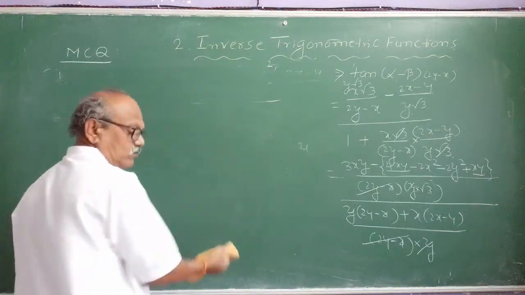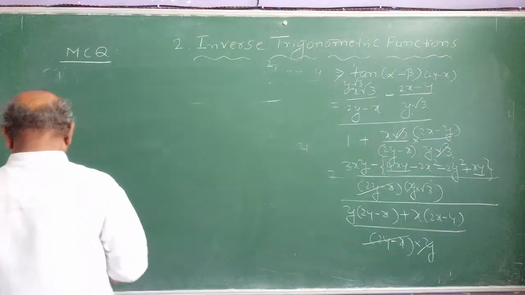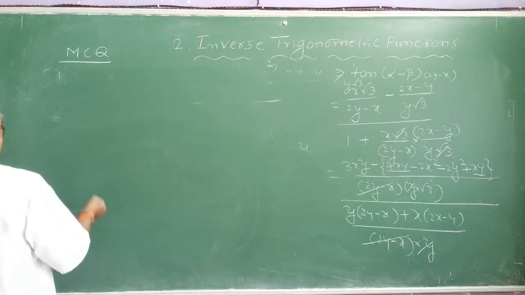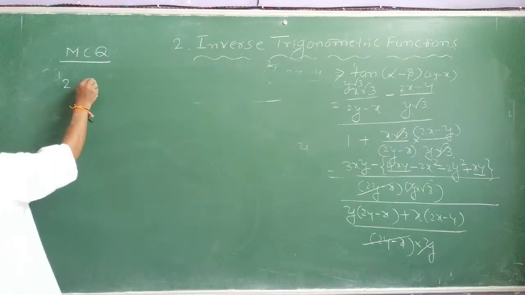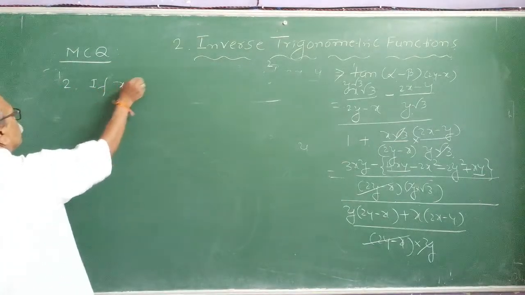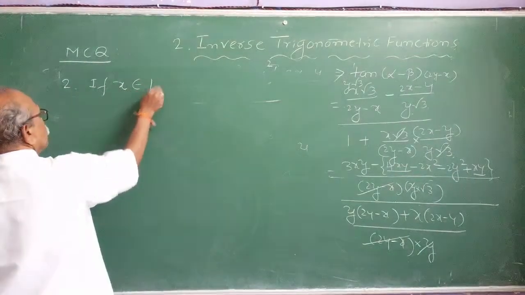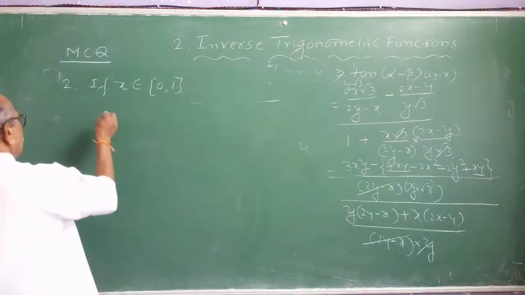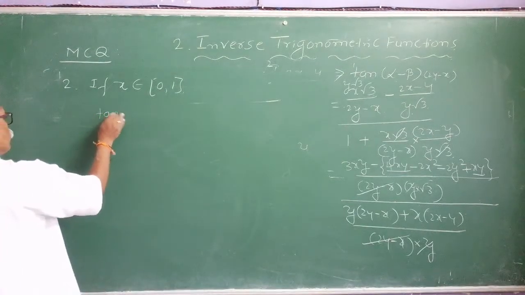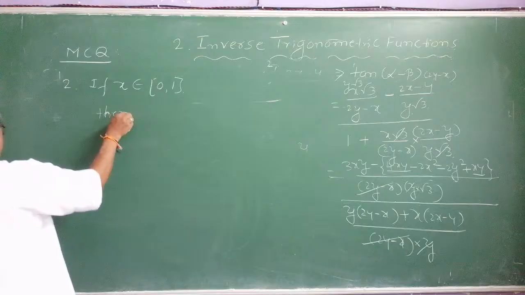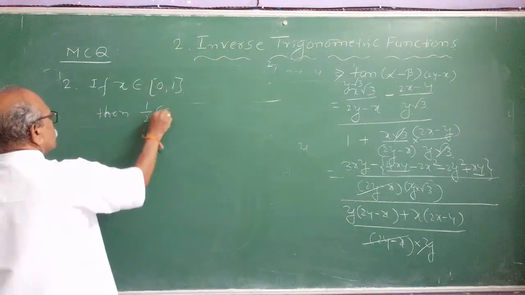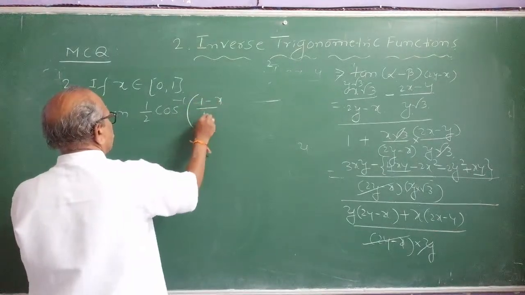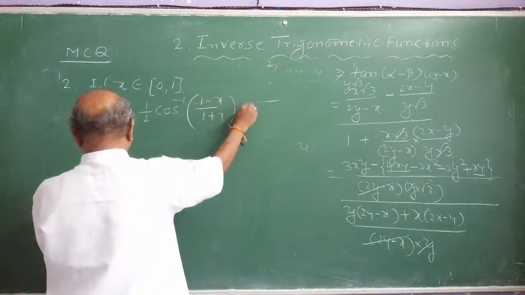Try another question. Try this one. If x belongs to the closed interval 0 to 1, means in the first quadrant, then try to solve this: 1 by 2 cos inverse of (1 minus x upon 1 plus x) is equal to